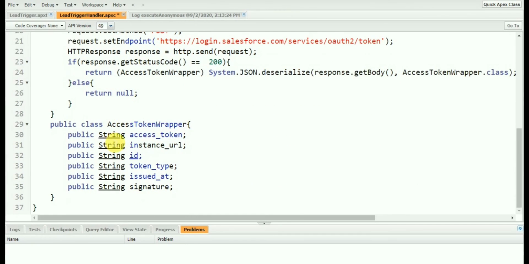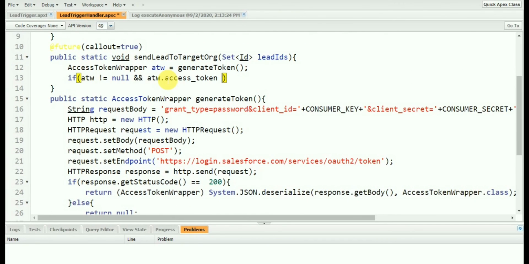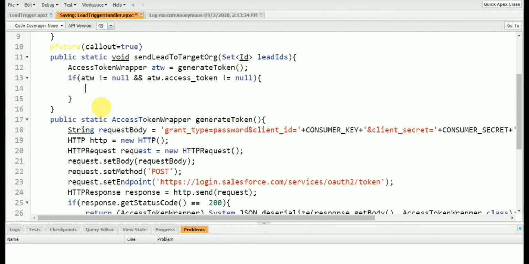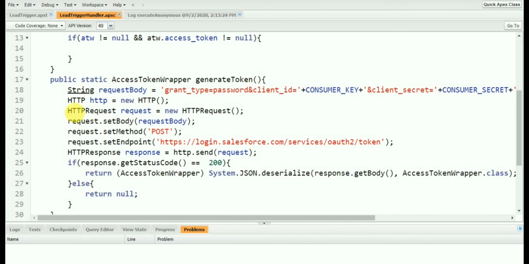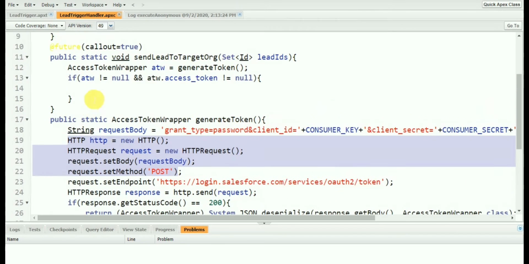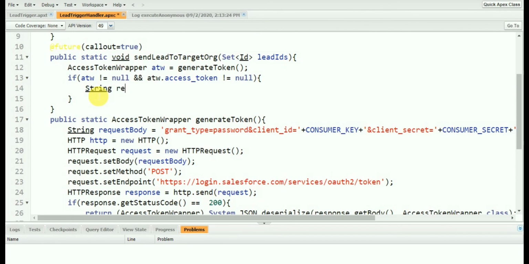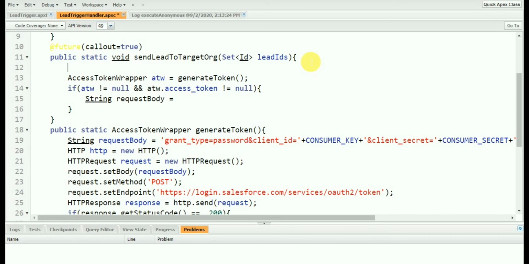If access token is not equal to null, then I'm going to make a callout. Similarly, just copy all these things. First I'll create a request body here. So the request body should be, first I'll query all the leads. So I'm going to query select Id, FirstName,